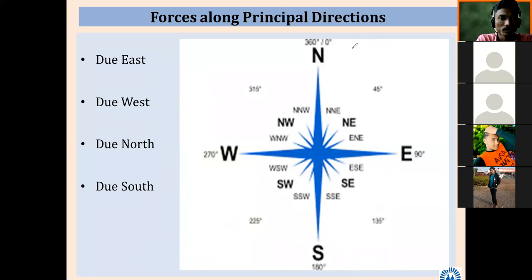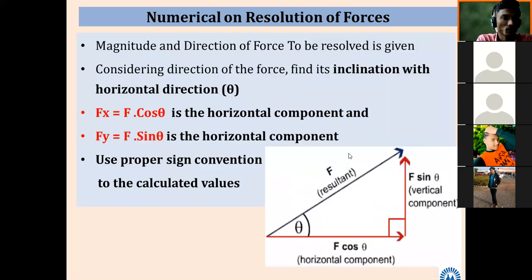Then these are the three methods. Likewise we have seen the numerical resolution. So whatever we have seen, the same is here. One component is shown which is making an angle of theta with one of the axes, and then we are going to find out the x and y components. So whatever is given, fx is equal to f cos theta, fy is equal to f sin theta. So fx is the horizontal component, also shown by fh, and fy is the vertical component.